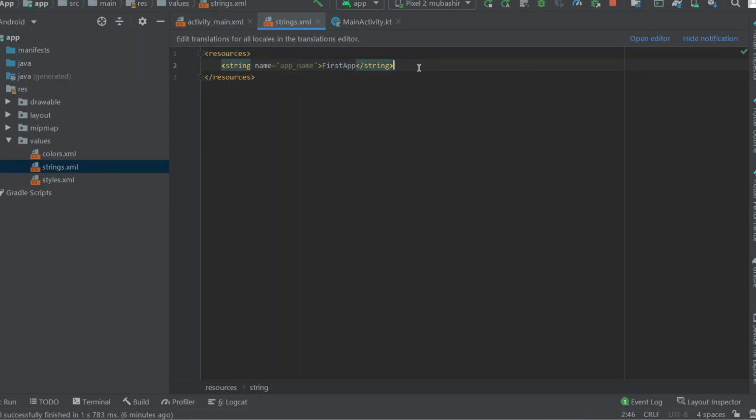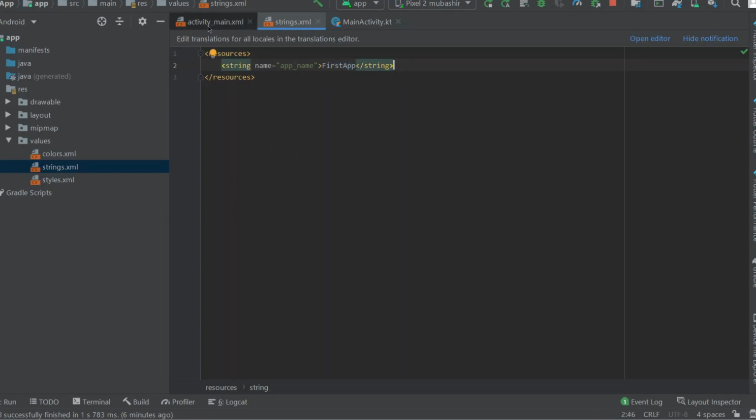For example, in the future, if I need to make this app in another language, for example Russian, all the strings will be defined here. So whenever you give this name, this content will be changed to that specific language.